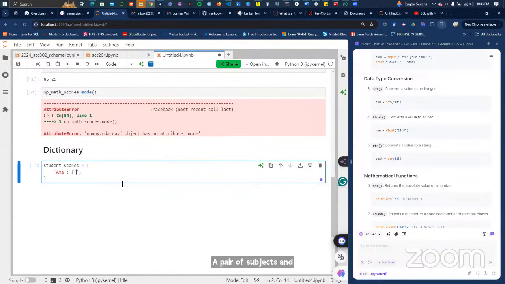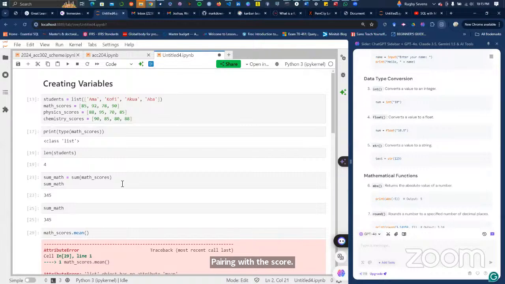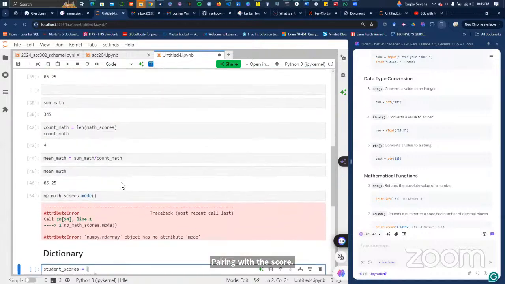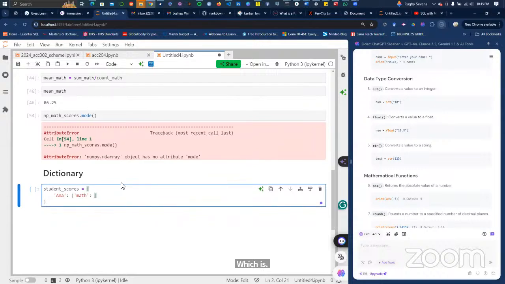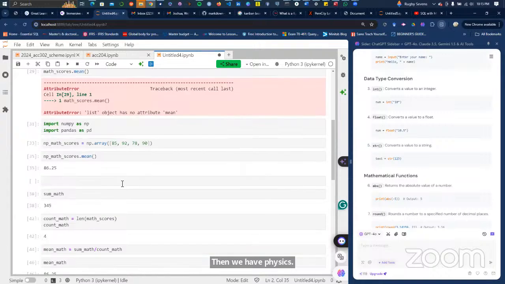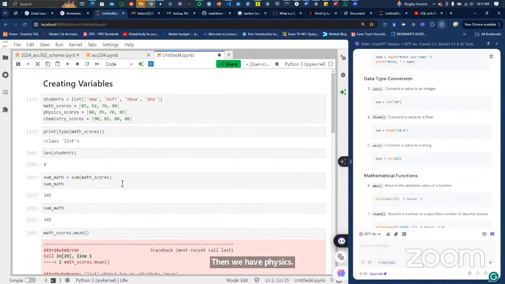So we'll have this, which is the subject math, pairing with the score, which is 85. So that's the first key value pair, the first course score pair. The next one, so comma, then we have physics with a score of 88.